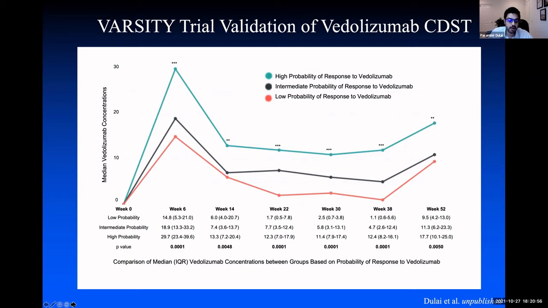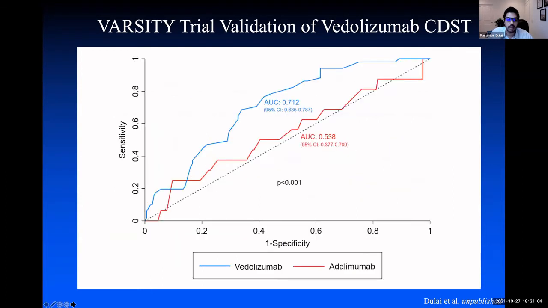But what Varsity afforded us was a very clear opportunity to prove whether this tool was specific to vedolizumab or whether it predicted outcomes for adalimumab as well. And so this is the area under the curve for the comparison of vedolizumab versus adalimumab. So baseline probability of response using the vedolizumab decision support tool for predicting histologic and endoscopic mucosal improvement at week